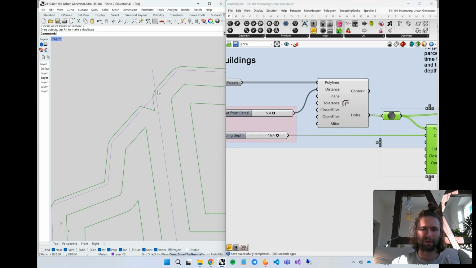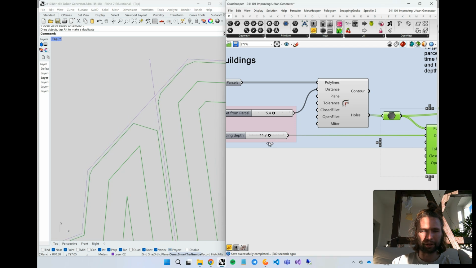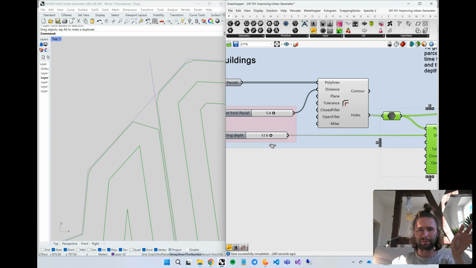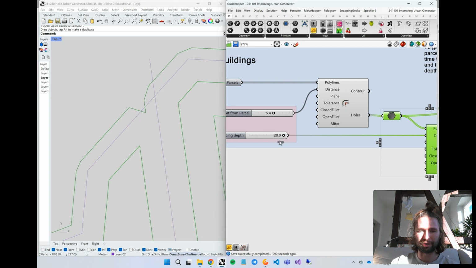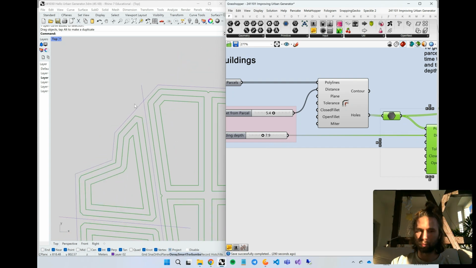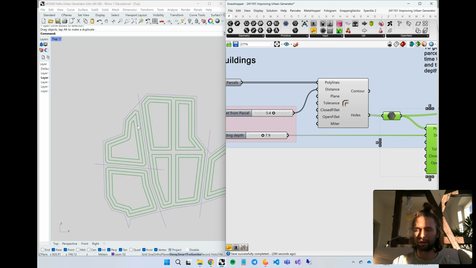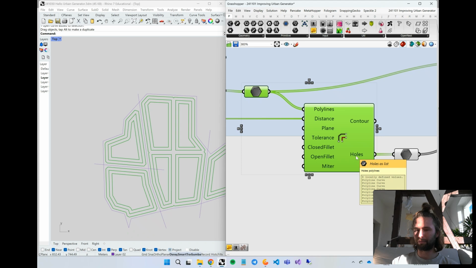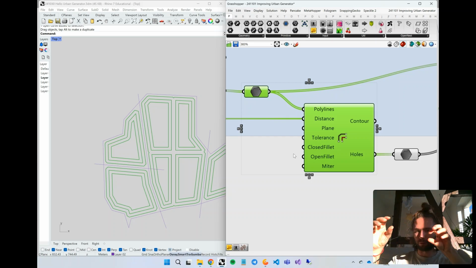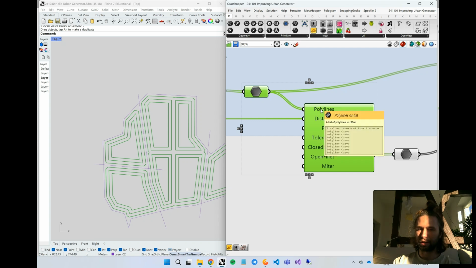And you can also look at it here, right? So we apply offset, and then offsets of two different curves merge together. If we want to avoid this behavior, and if we simply want polyline offset to be applied to each curve individually, right? And in this case, of course, we will only get one whole output out of each curve. So we will not get any holes which appear somewhere in between different parcels. So to do this, we can explicitly tell polyline offset that we are not working with 8 polyline curves which are stored as a list,